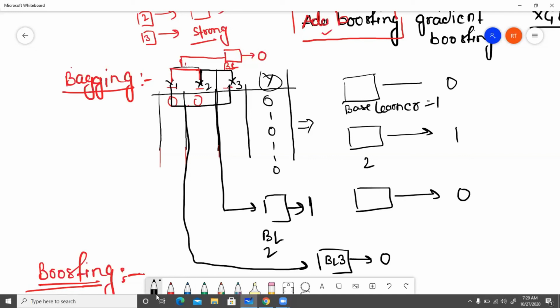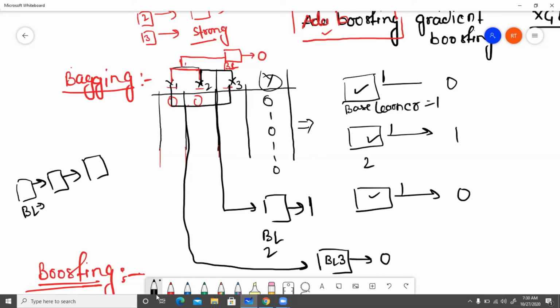In the case of bagging, again I am going to repeat the same line: our base learners will be independent of each other. But in boosting, one base learner's output we pass to another base learner, and that output we pass to a third base learner, and so on. But in bagging, each base learner is independent of the others. Another thing is that each base learner has the same weight. Let's suppose we associate a weight of 1, so each base learner will have the same weightage. But in boosting, each step's base learner will have a different weight. So I hope you understood the bagging technique.